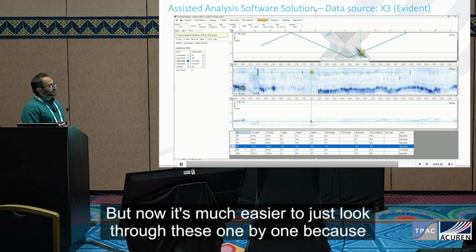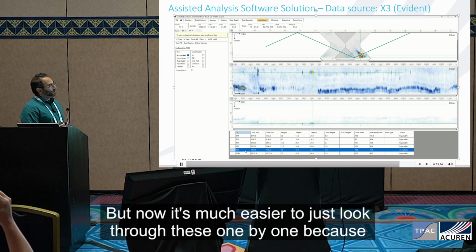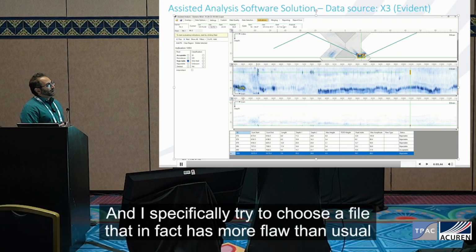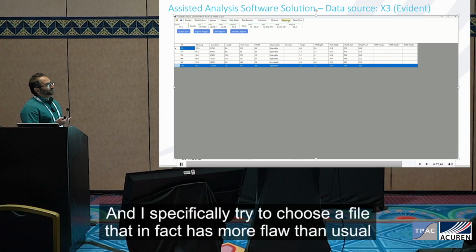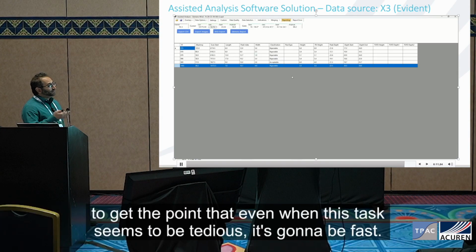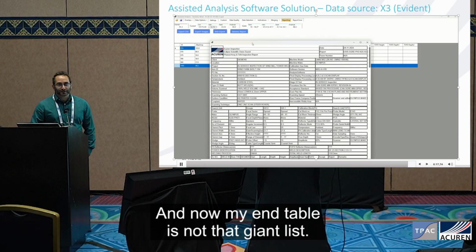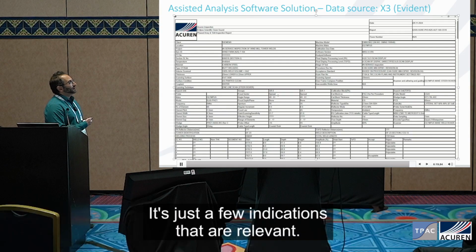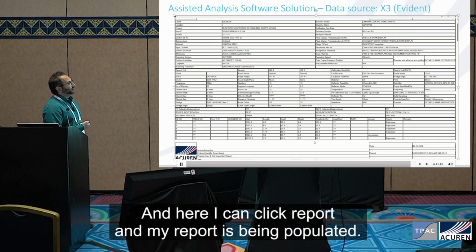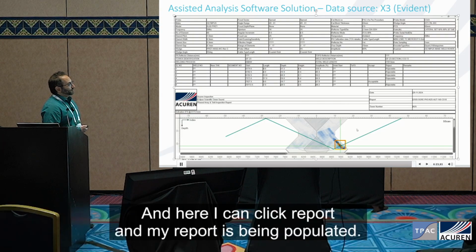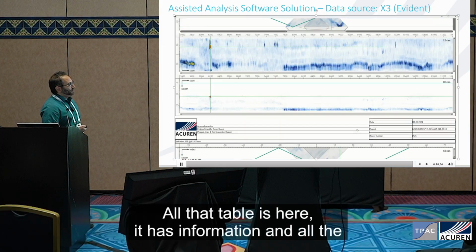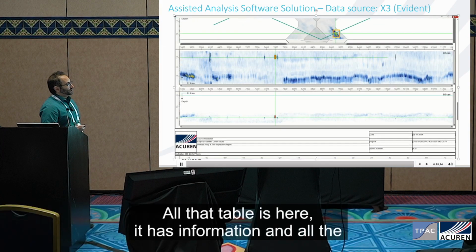But now it's much easier to just look through these one by one because there are not so many. I specifically tried to choose a file that in fact has more flaws than usual to make the point that even when this task seems tedious, it's going to be fast. Now my end table is not that giant list, it's just a few relevant indications, all sized, and here I can click report, and my report is being populated, all that table is here with that information, and